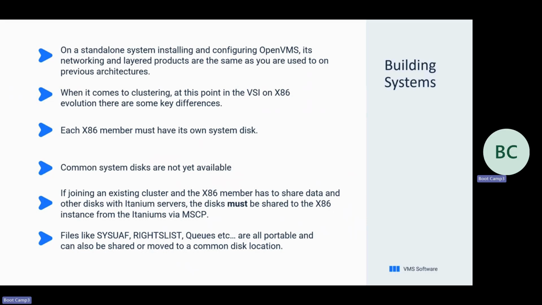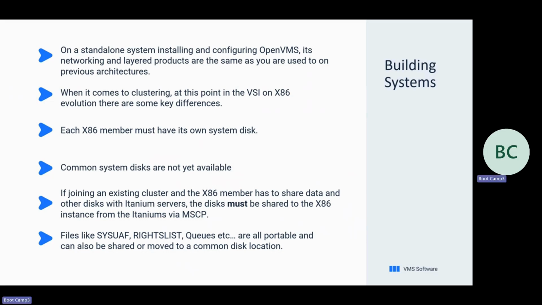If you still have those types of files on your system disk, and you're planning on running down the x86 road where you're going to have an x86 box in the same cluster, and you're thinking of plugging in the Fibre Channel cards for direct access, I would come up with a plan during a downtime window to move those to an off-system disk. I have a couple of customers where I've gone in, bringing the x86 in, and I've just defined